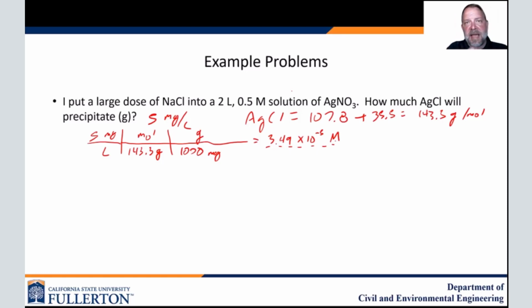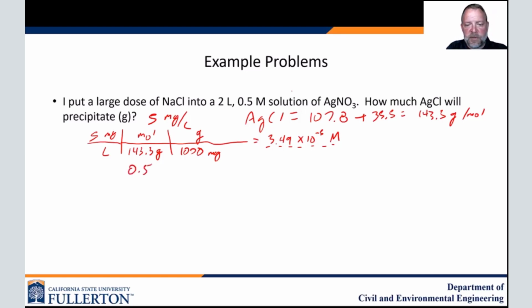We want to know how much mass is removed. We want to know how many grams of silver chloride is going to be taken out of the solution when we add chloride to it. So we started out with silver nitrate. We're going to add some sodium chloride. So how many grams of silver chloride do we expect to see? So we can say,